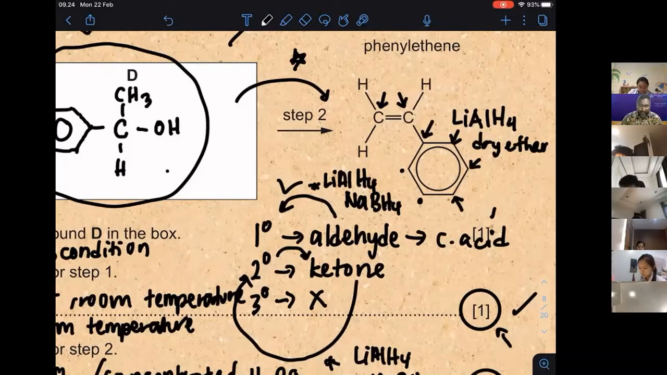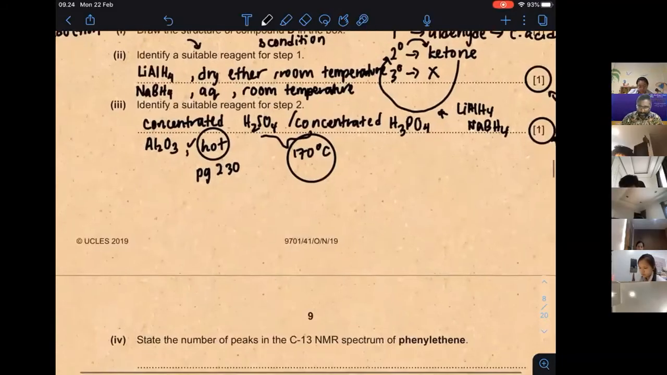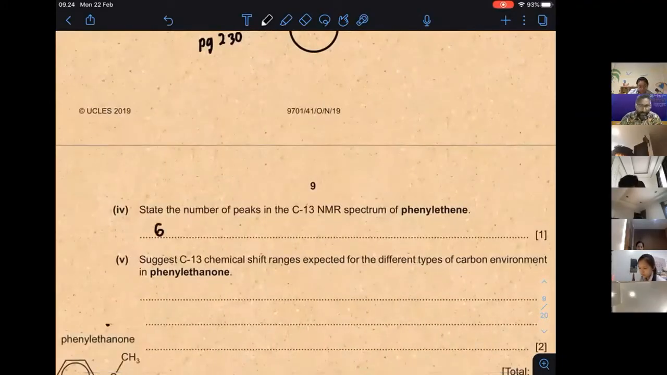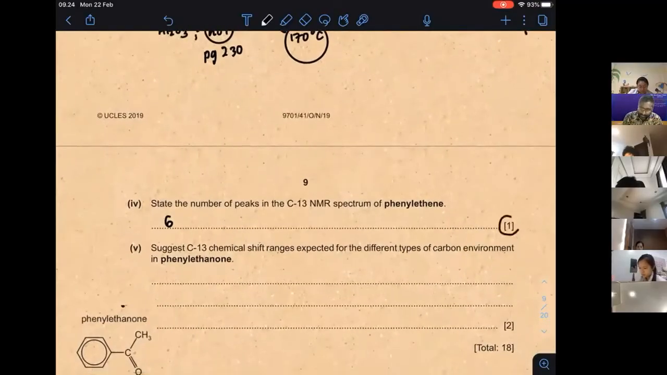You can see now, when I think about the 3 papers already, this is the third submission. Every time I go through with you, they always try to assess you on this, 1 mark and another 2 marks related to this. They are not going to ask you a lot, but they will definitely be asking about this. Now, suggest the carbon-13 chemical shift